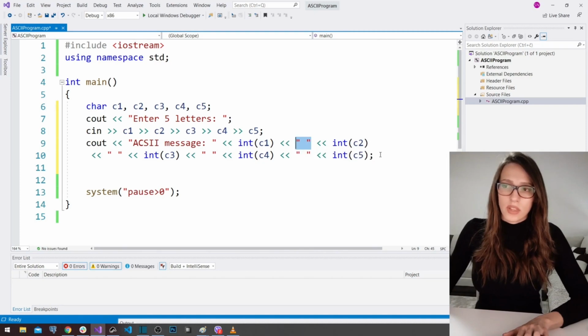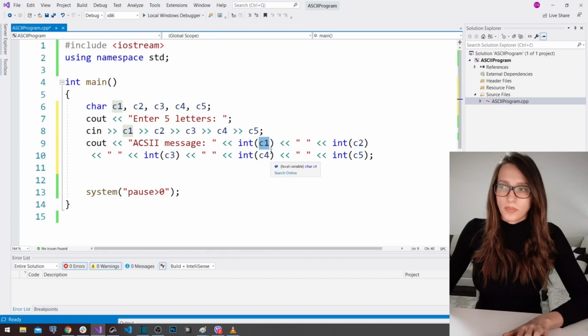And also there's another thing that I want to mention, and it is that when you want to convert your variable, so the value that you are holding in your variable, and you use your casting operator on that, you don't put your variable in single quotation marks, you just put the name of your variable, like this